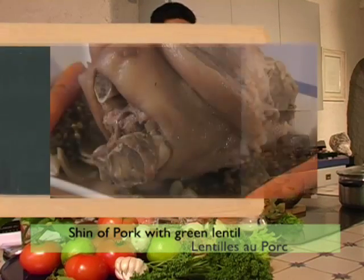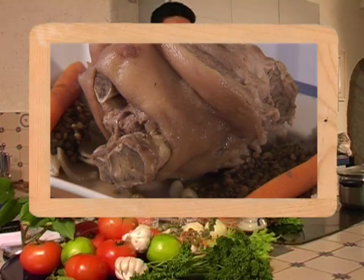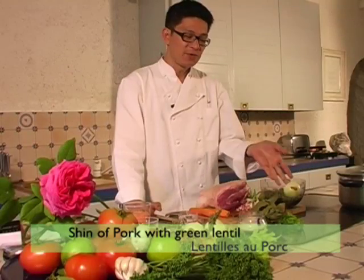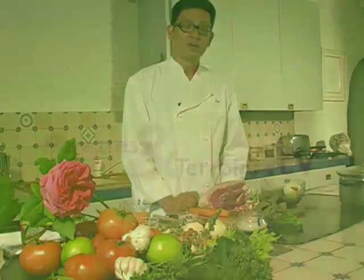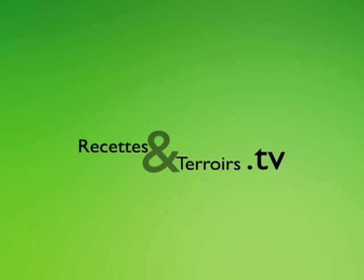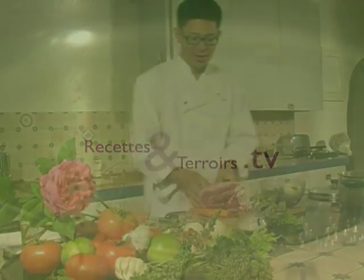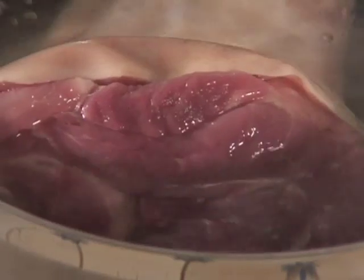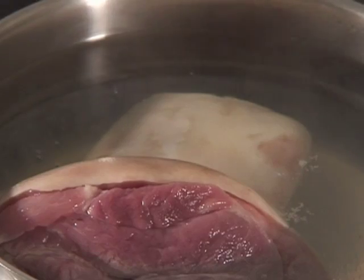And the dish I'm going to make is pork shin with lentil. And I have 250 grams here and a piece of lovely shin of pork. So I have some water here and I'm going to put the pork in the saucepan. And now the pork is covered with water and 2 carrots